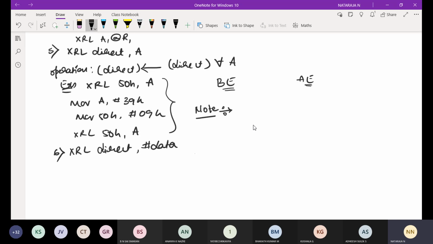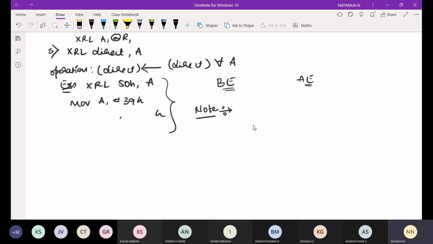XOR logic is used to check whether the two registers have the same value.